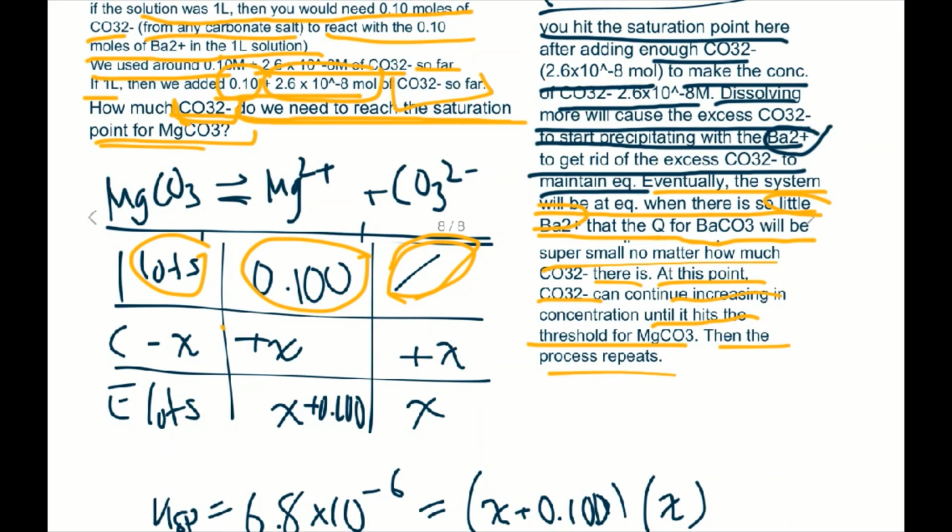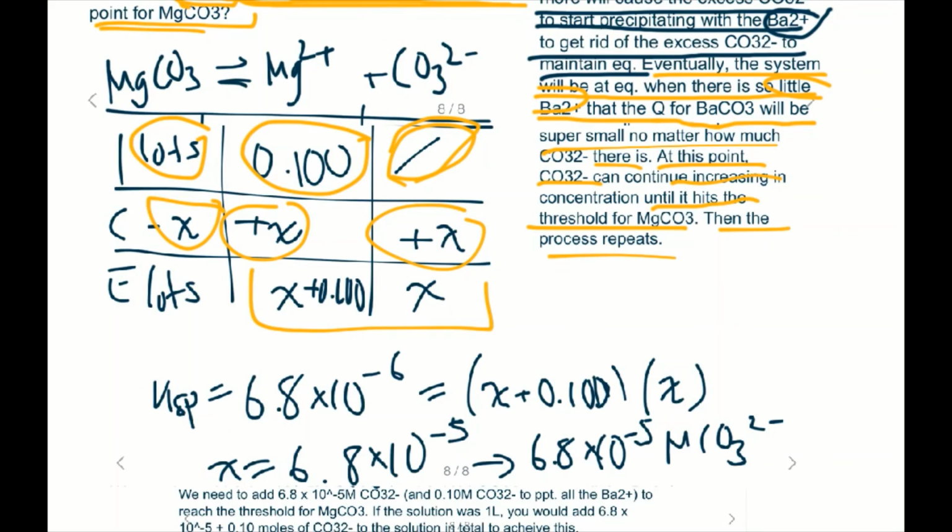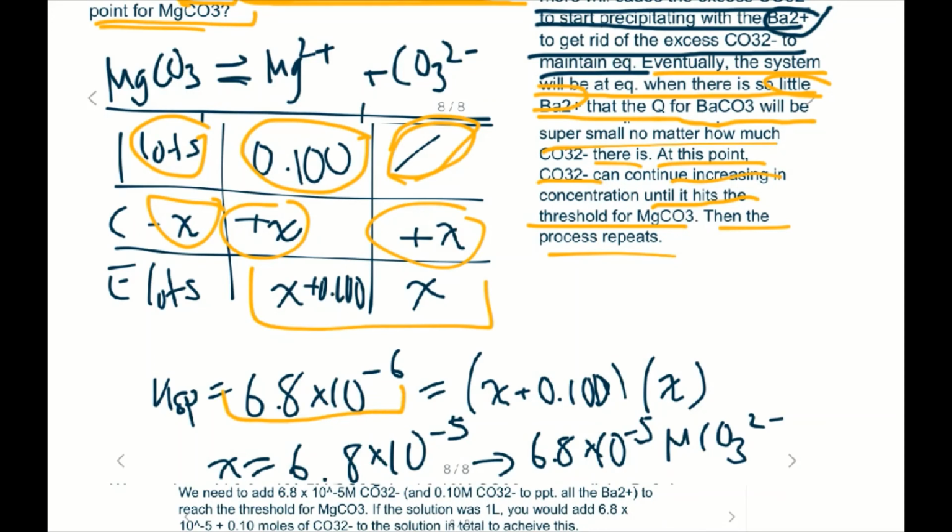So we know that it's minus x plus x plus x according to the reaction, and we get the equilibrium concentrations for magnesium and carbonate. So we know the Ksp for magnesium carbonate is that, and doing some math, we get that when there is 6.8 times 10 to the negative 5 molar of carbonate, this is when it reaches the breaking point for magnesium carbonate. It reaches that equilibrium point where you can't dissolve any more carbonate since it reached equilibrium with the magnesium,